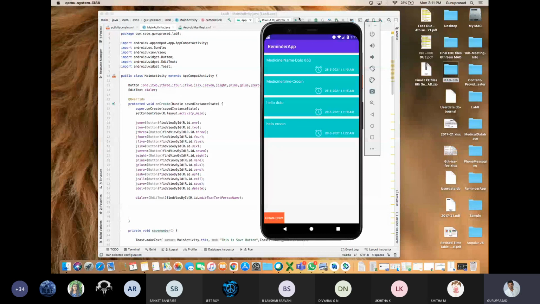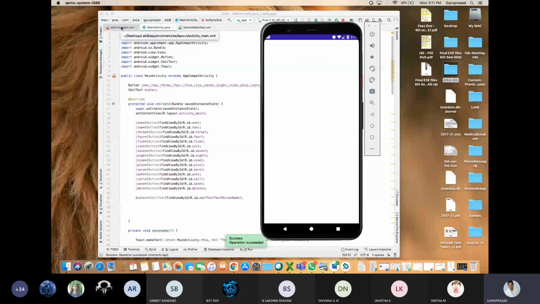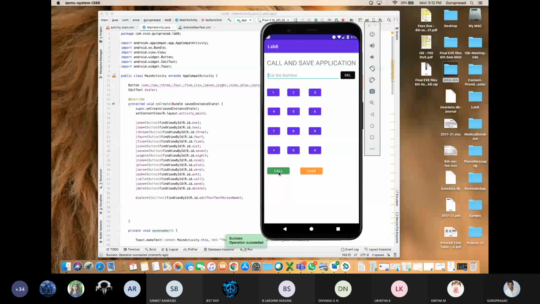I'll play this. So Gradle building is happening. Now, see here. Call number, I'll just press it. 1, 2, 3, 4, 5, 6, 7, 8, 9 plus 0 hash delete.